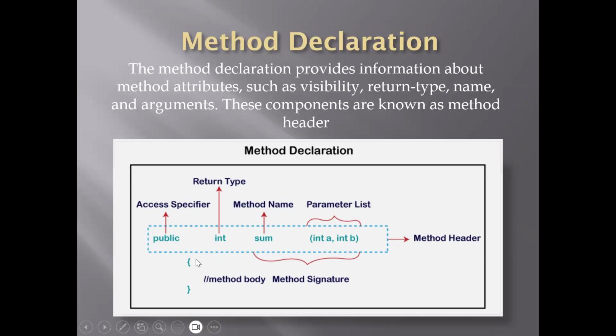Finally, we have the method body, which begins and ends with two curly brackets like this one, and this one. Some methods do, some methods don't. What? Do some methods not have a body? Yes, some methods don't have a body, called abstract methods, and we will talk about them later because